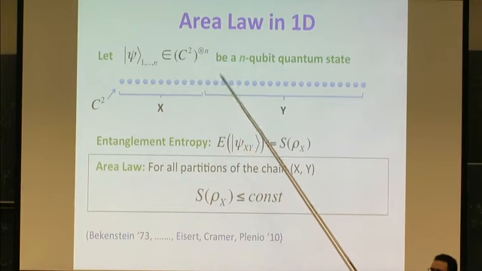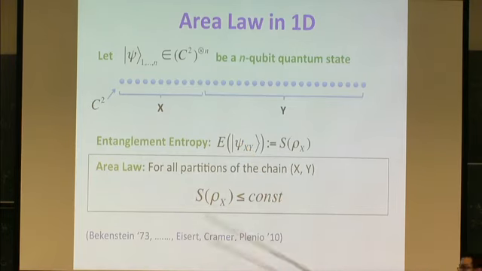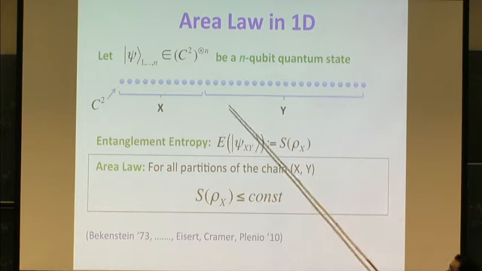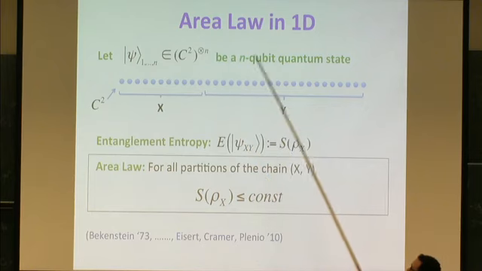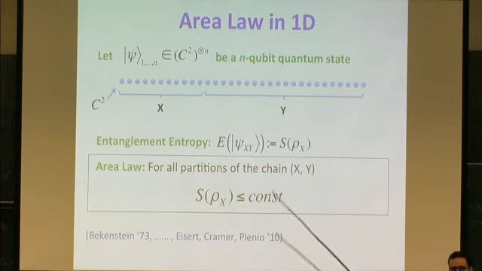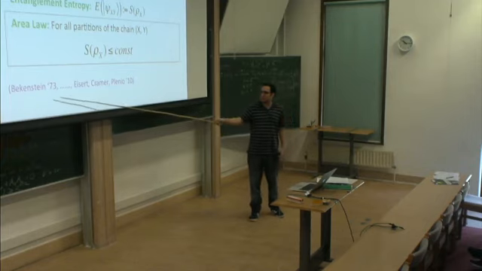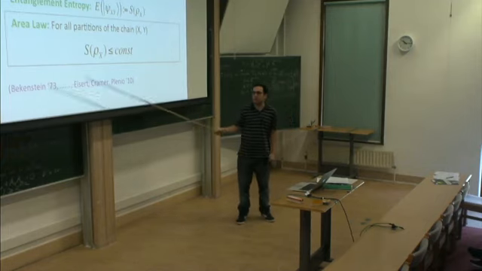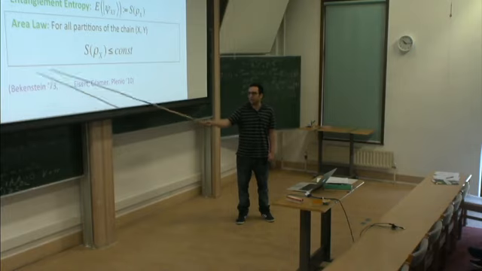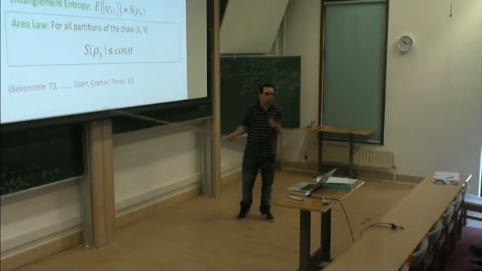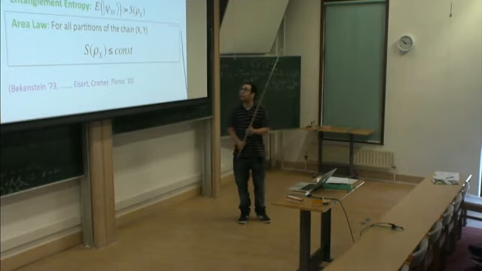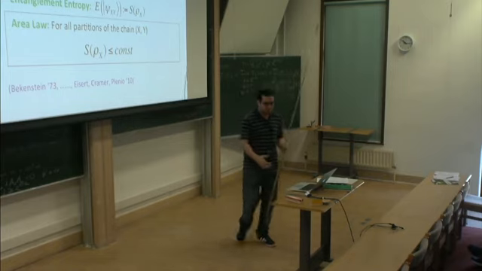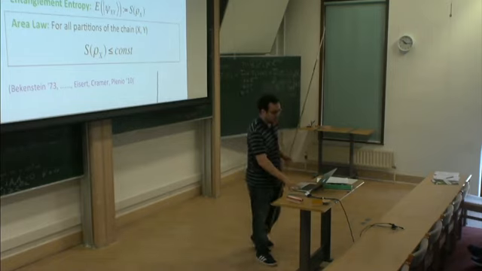The boundary is just here. So whenever we have a state that doesn't have a lot of entanglement, where the entanglement is constant in any cut that you choose, we say that the area law holds. The area law has been studied in connection with black hole physics since '73, and there is a lot of research on spin systems, and there's a review if you want to check. It's an interesting property of these systems.